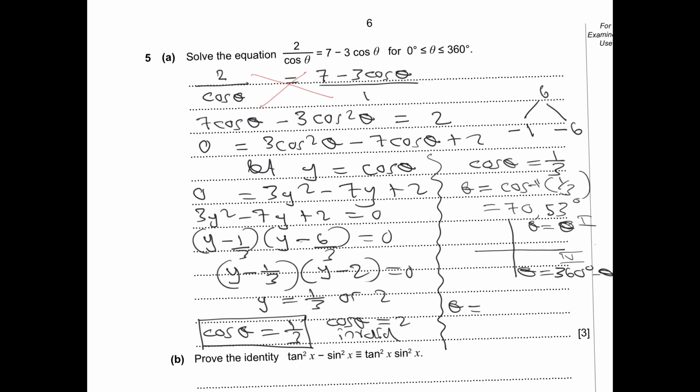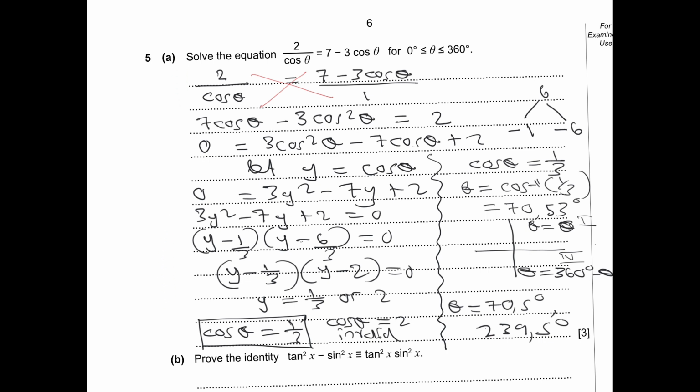We have 70.5 degrees. That's for the first quadrant. Now in the fourth quadrant, we are going to have 360 minus 70.53, which gives me 289.5 degrees. Okay, so those are the 2 solutions that we are having in this range for that equation. All right,